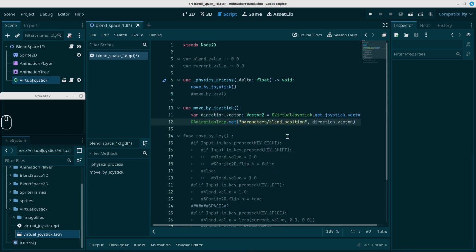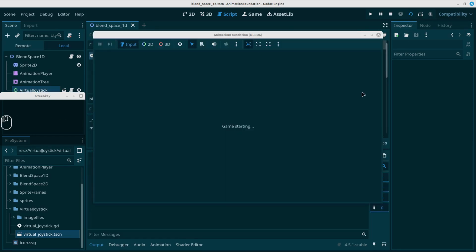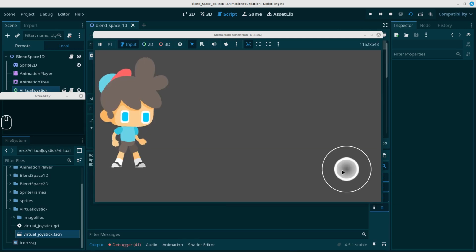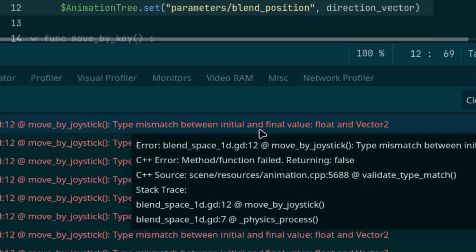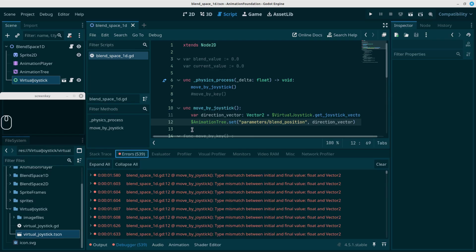and we're going to get an error, as you can see. Let's save this and let's run this, and when you try to move, you realize he's not moving, but we're getting a lot of errors in the debugger. Let's close this off and see what the errors are. Mismatch between initial and final value, and it expects to see a float, but it's getting a vector2, because remember,